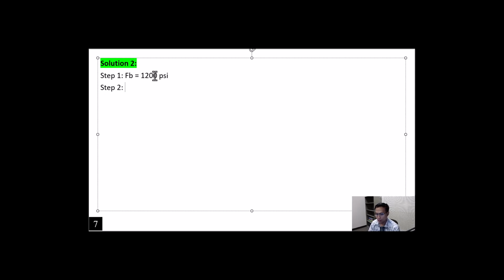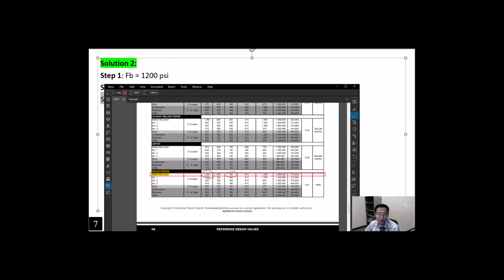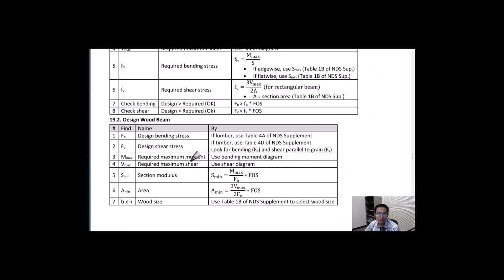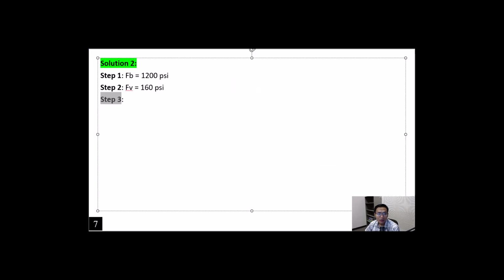Step 2, FV equals 160 psi. Now step 3 is to find the M max, and step 4 is to find the V max. M max equals, step 4, V max equals